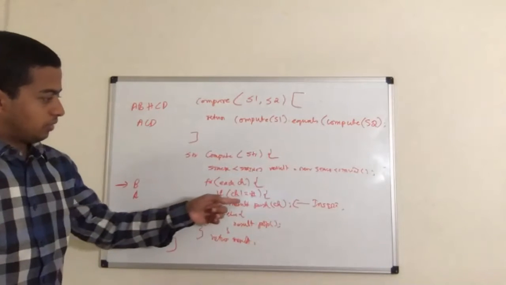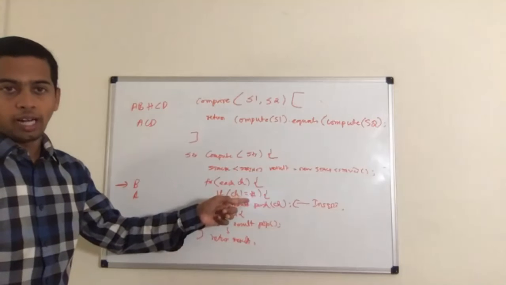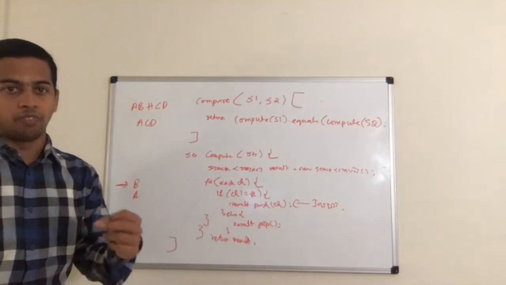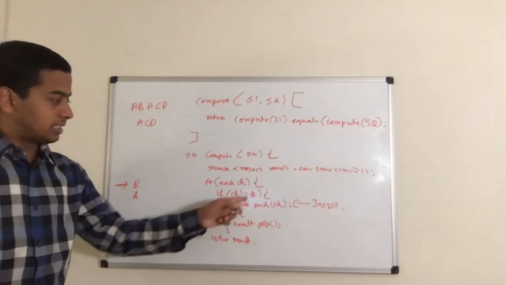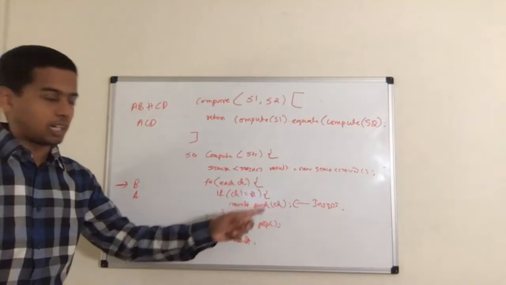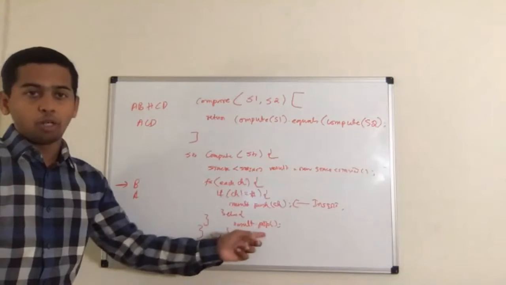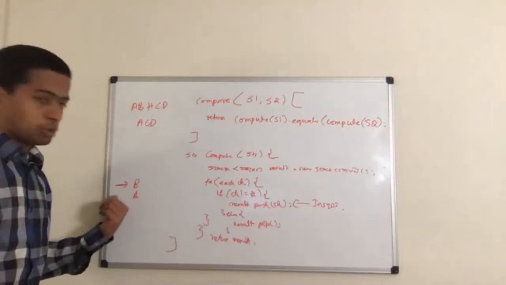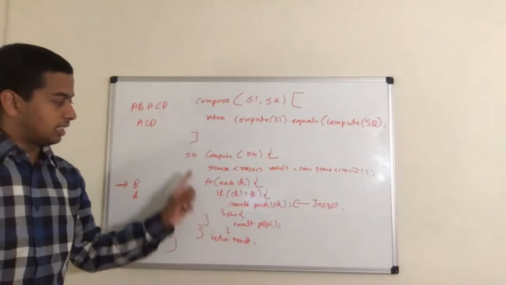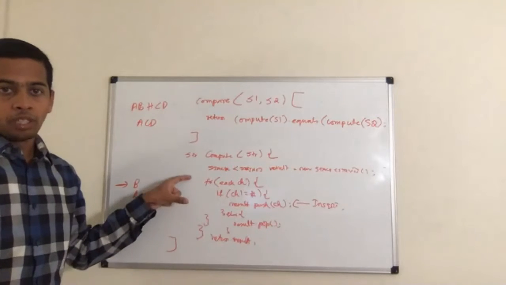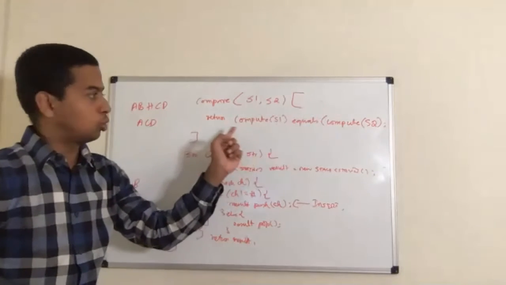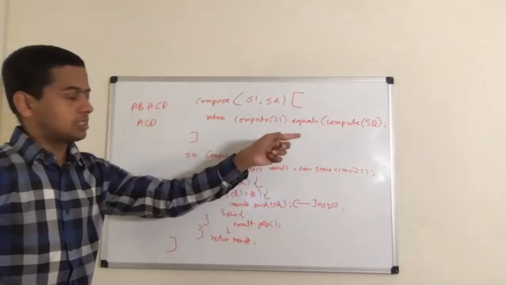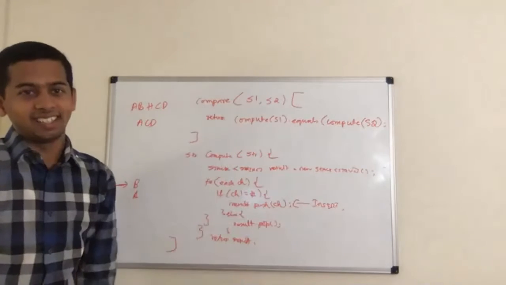What did we do? If it is not equal to hash, it means it's not a backspace, it's a valid character. So I have to insert. I did a push. If it is else, it means the hash. It's a hash, which means it's a backspace. So I just did a pop operation. Pop means it will remove the topmost element. Then I'm finally returning the result. Once the entire characters are computed, I'm returning this result. I'm doing this for both string 1 and string 2. I'm comparing it. When it is the same, it will return a true. If not, it will return a false.